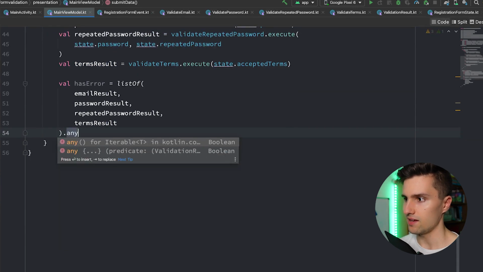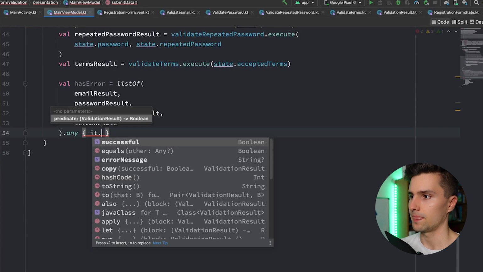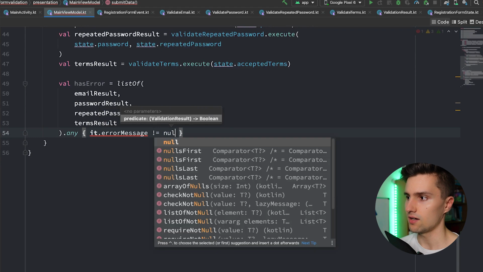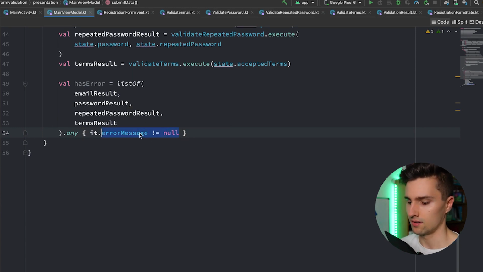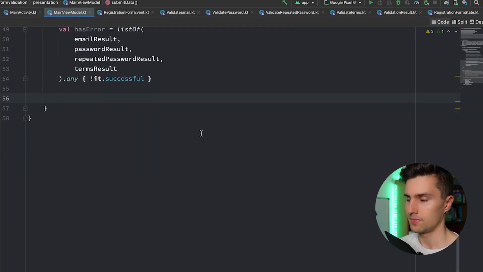And if any of these results actually has an error message that's not null, so if any has an error, then we know there is an error for at least one field. We could probably also check if any is not successful. That's probably a little bit more readable. Then we want to check that. If we have an error,